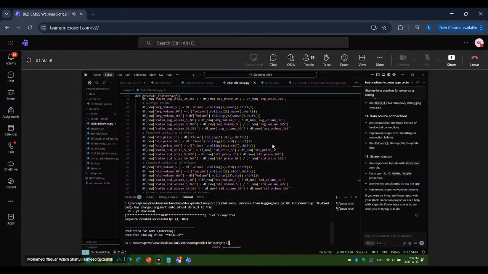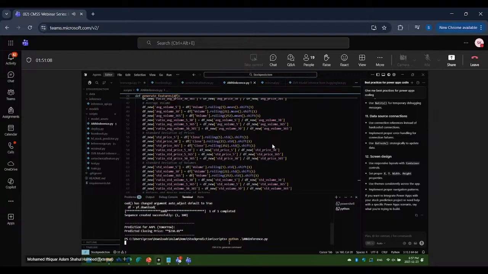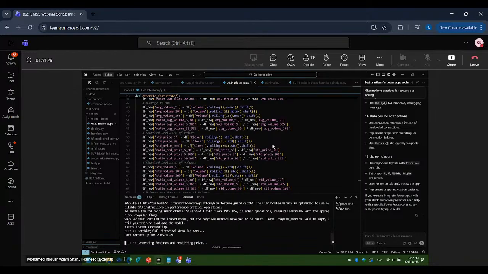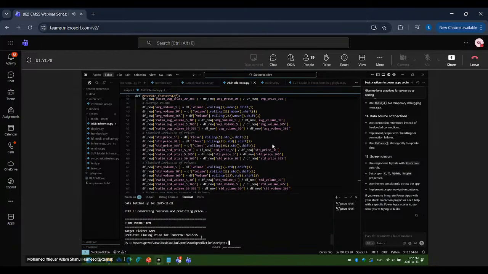So if I run this, you see it is identifying pretty much close to the current price.